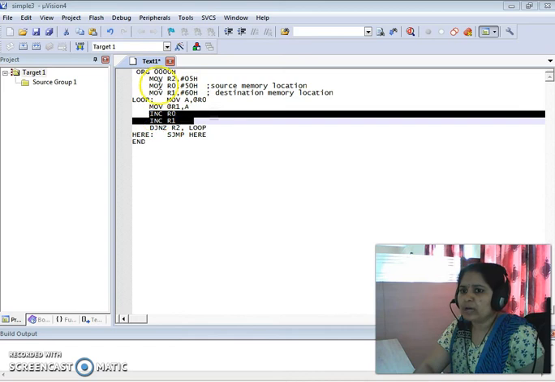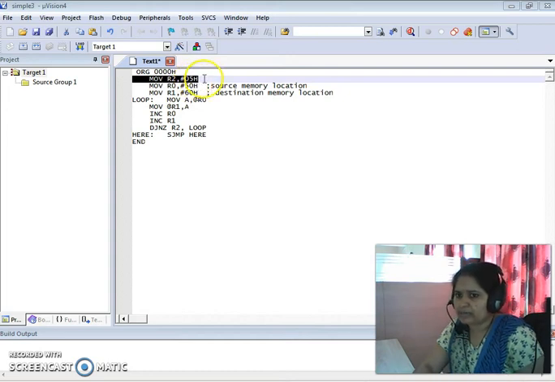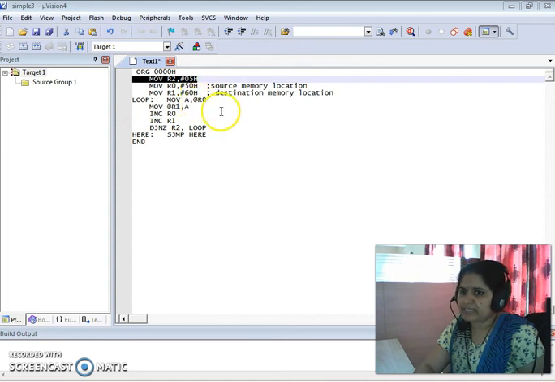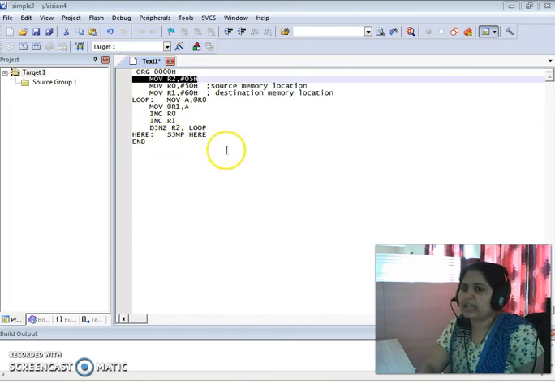Okay. Already we have discussed that we have taken the counter in the first instruction, that is how many bytes you want to transfer. So there should be a limit. How many bytes do you want to transfer? Otherwise this process is a continuous process. So for that purpose I have taken a counter here. I want to transfer 5 bytes. Once the first byte is transferred, the counter is decremented by 1. Once the second byte is transferred, the counter is decremented again. Likewise, once the counter becomes 0, the loop is terminated, the control is transferred from the loop to the next instruction, and the program ends here.